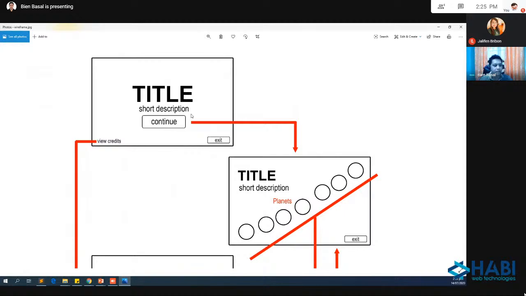Okay po. Ayan. So here, I have here my first slide kunwari and I want na meron pong title and short description dito. And I have a continue button and exit button. So, very straightforward naman. Ang exit button is to terminate na po yung ating ano. And so, yung exit button lang po is used to terminate yung program po. Okay?